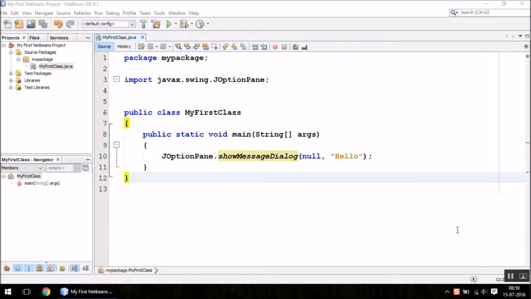In the previous video we saw how to make programs using NetBeans IDE, and in this video we are going to focus mainly on some features and settings that might be helpful for your comfort level. So let us begin. The first thing that I'm going to show you is how NetBeans organizes your programs.